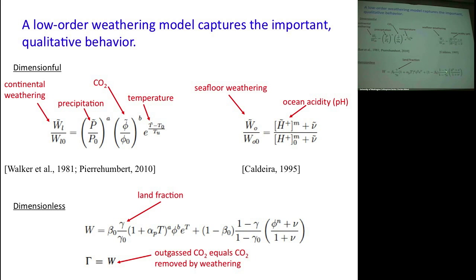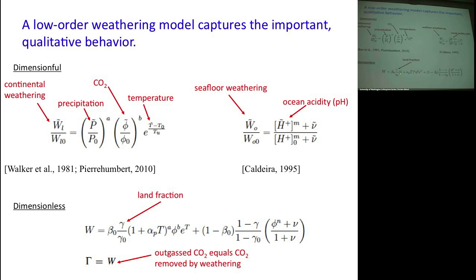This is important. Gamma is the land fraction. I'm making a particular assumption for how the continental weathering is going to scale with land fraction. This assumption corresponds to just growing a self-similar continent. If you imagine the continent growing in different ways, you might have like a square root dependence. If it's the perimeter rather than the area of the continent, that's important for the seafloor weathering, which it might be if the continent's all broken up. That doesn't end up affecting the results very much.